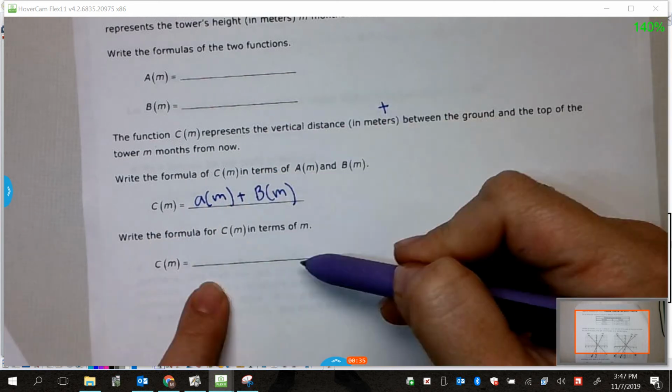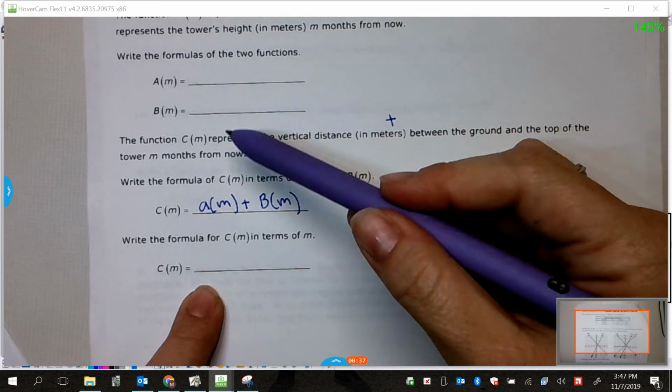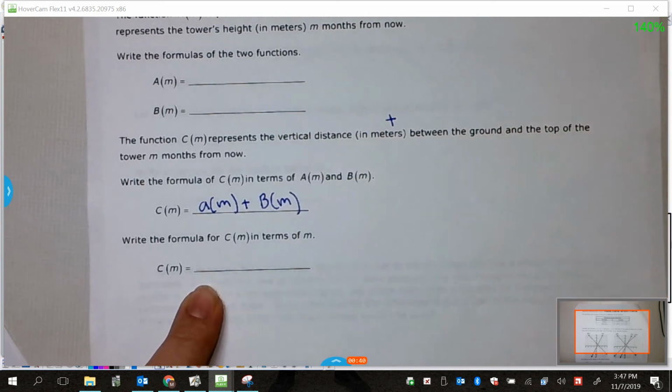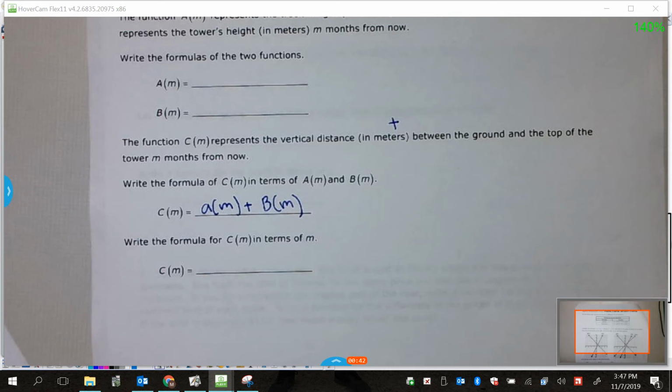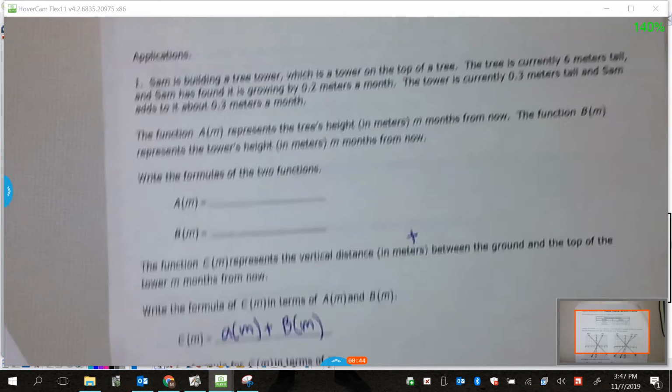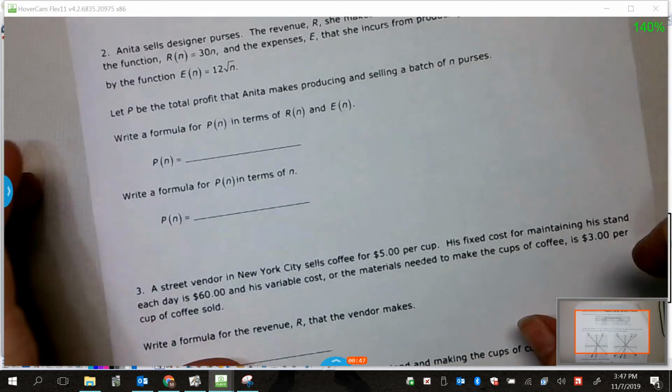Okay, so then you'll actually find what that is by coming up with your A(m) plus B(m) and adding them and coming up with your equation. Okay, the substitute has the answer key if you want to check your work. Okay, on the next one, number 2,